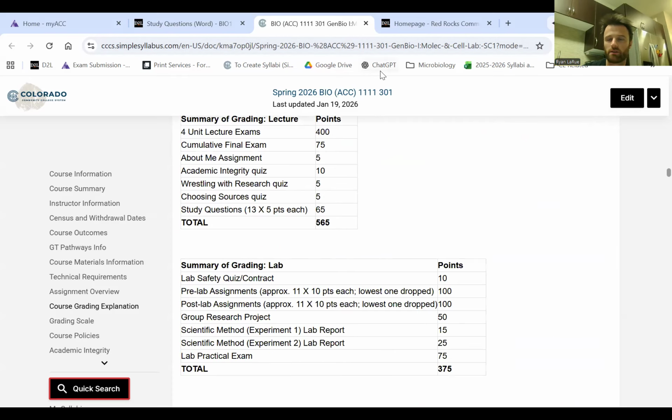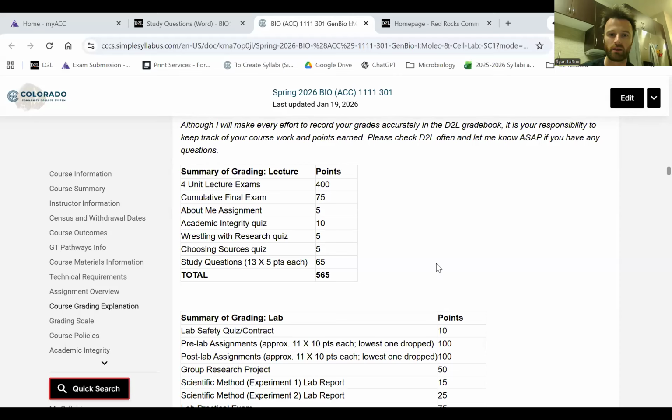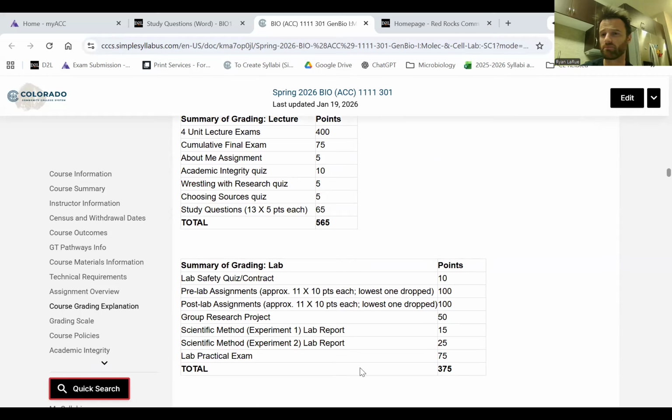Okay, what goes into your grade? I don't want to spend too much time on this. It's basically everything I'm talking about.